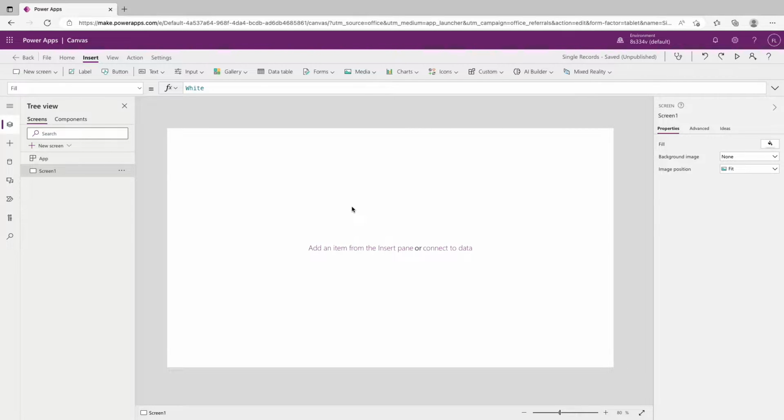Today we have a quick video showing you how to submit a single record to a collection or data source of your choosing. This is just a really quick intro for someone just getting started out with Power Apps and needs some help with this topic. So by the end of this video, you'll be familiarized with the basics of sending a record to